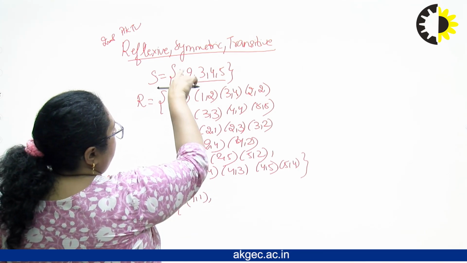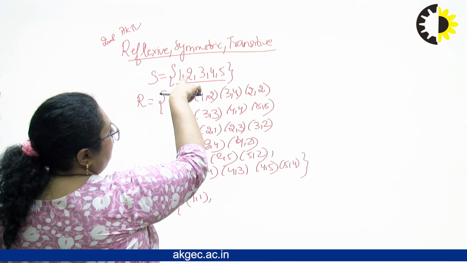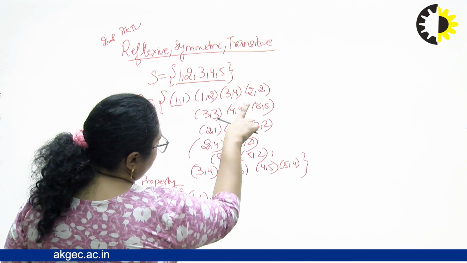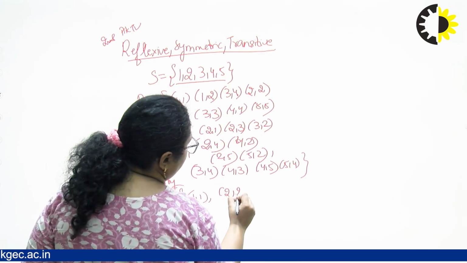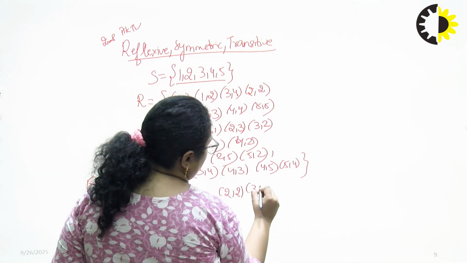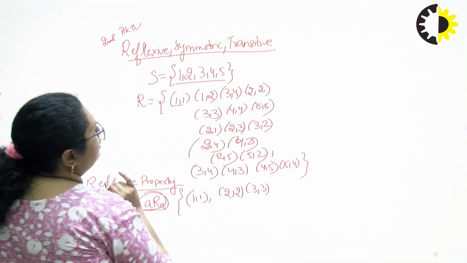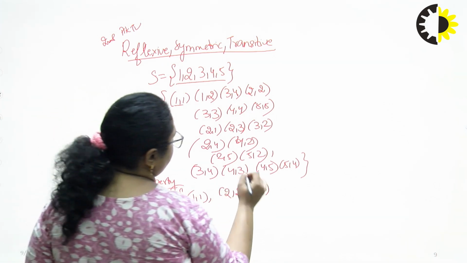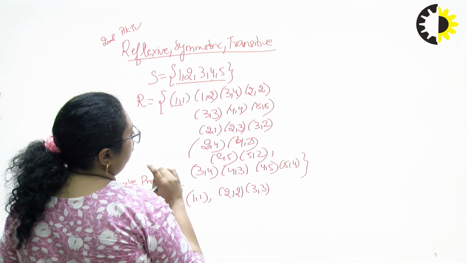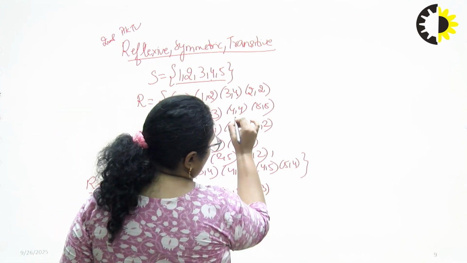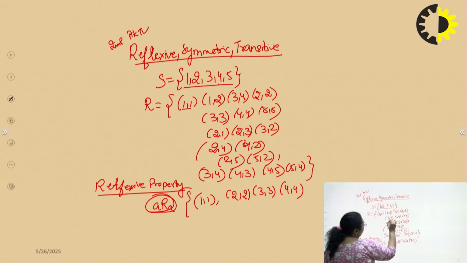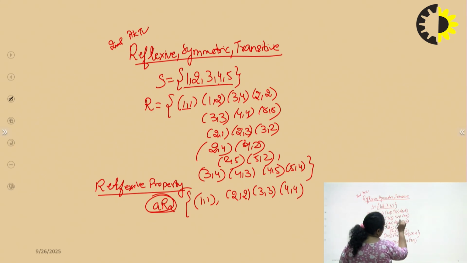From the set to the set, that is (2,2). Next we find (2,2). Is (2,2) present? Yes, (2,2) is present. Next we find (3,3). Is (3,3) present? Yes. Now the next element of the set is 4. Is (4,4) present? Yes, (4,4) is present in the relation. Next we look for (5,5). Yes, (5,5) is